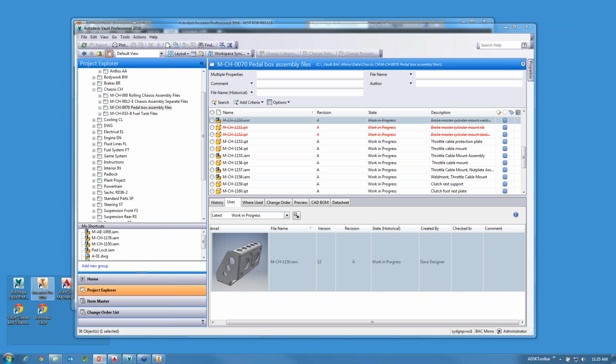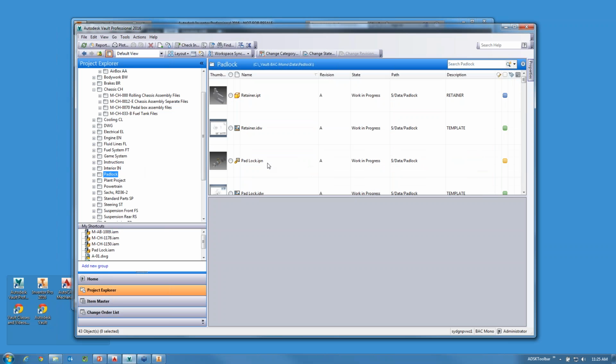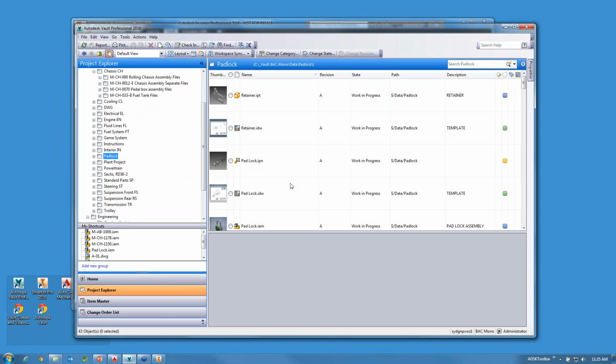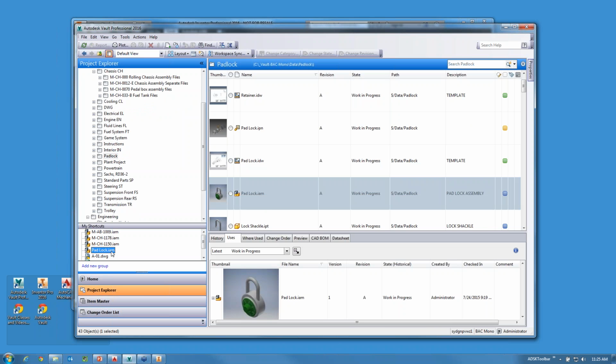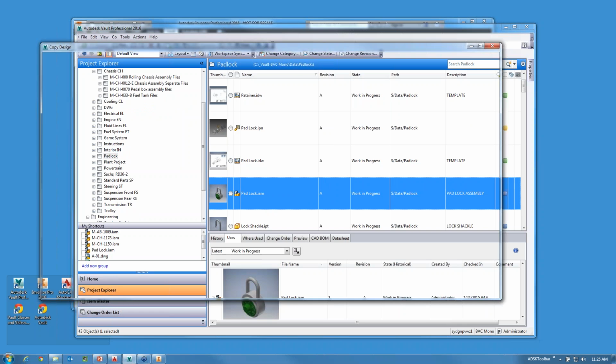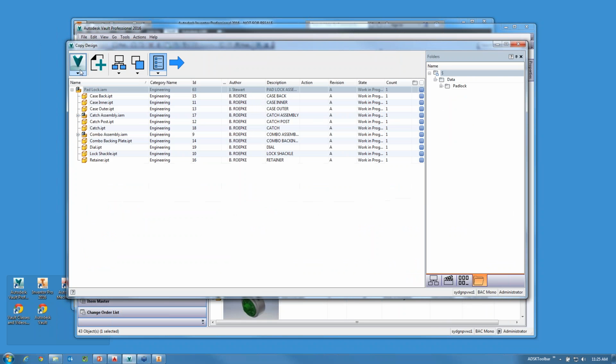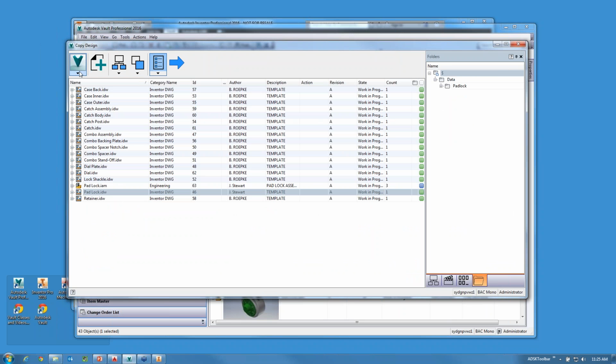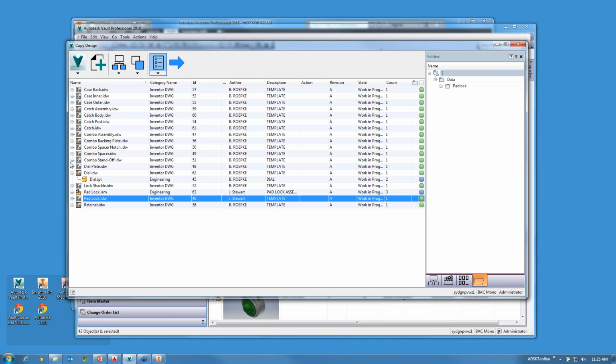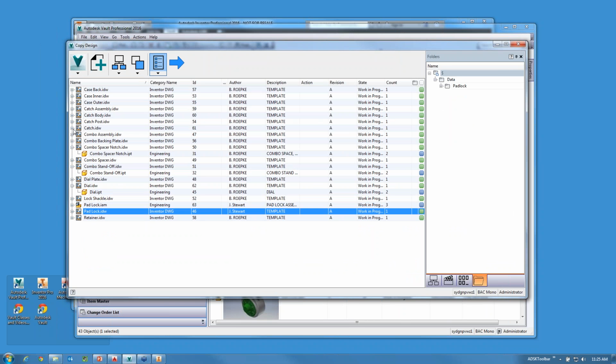So I'll quickly give you a demo of that. I have the padlock, because the padlock's got lots of relationships. So if I quickly come down here, I've got the padlock here. If you do a copy design on it, you'll see it's basically looked up and found all the relationships. So you'll see inside of Vault's copy design now that you have this ability to find all the reference documents that would have been connected to all the children subparts, and that's huge, right? You've got the ability then to